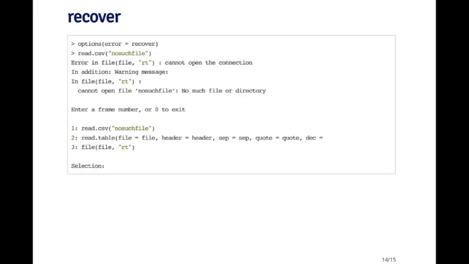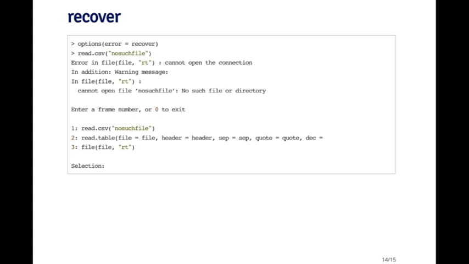The recover function, so you can set recover to be this kind of error handler, using the options function. So you can say options(error = recover), and so that will set a global option, right? So now this behavior will occur for everything you do as long as your R session is open. As soon as you quit, it'll go away, and if you start up R somewhere else, it's not going to save that option. So now what I'm trying to do is read.csv some file that doesn't exist,